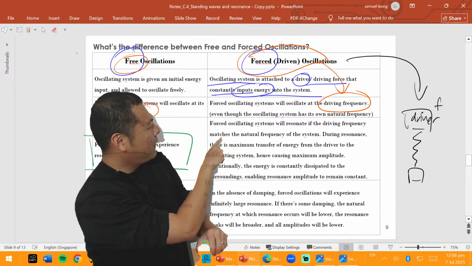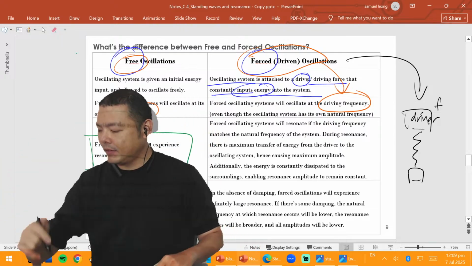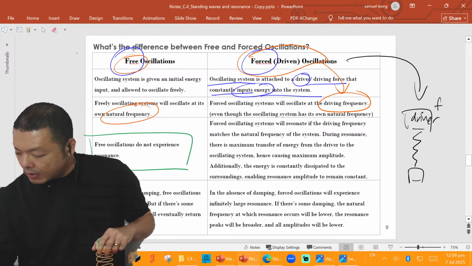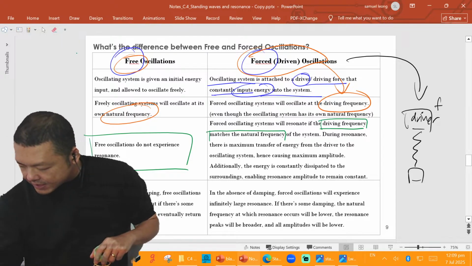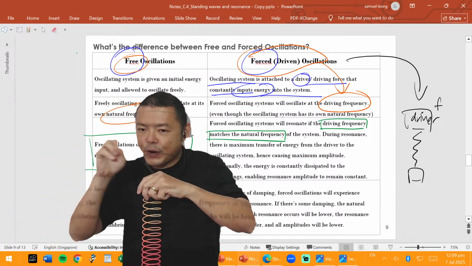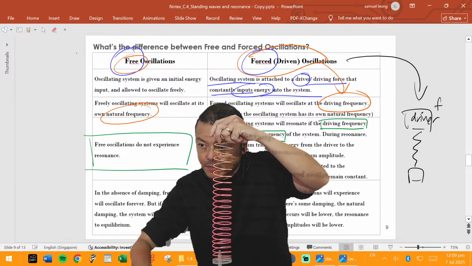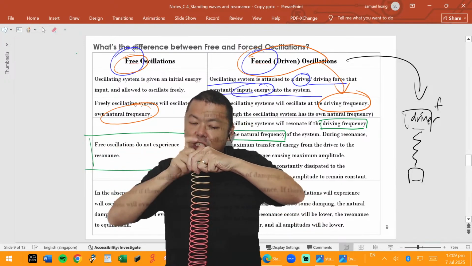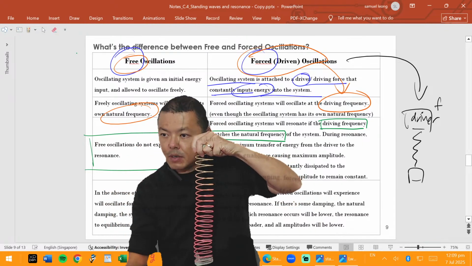But for forced oscillating systems, you can reach resonance. I think some of you might have heard this in school, but I'm just going to say it first before I show you how you understand it. If the driving frequency matches the natural frequency of my oscillating system. So there are two kinds of frequencies here. Number one is the natural frequency of my free oscillator. Two is my driving frequency, which I can adjust. If I adjust my driving frequency to match the natural frequency of my system, I will get